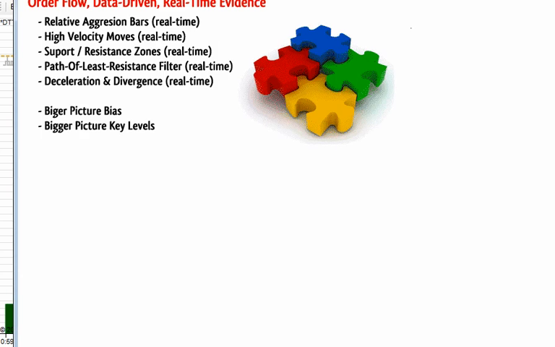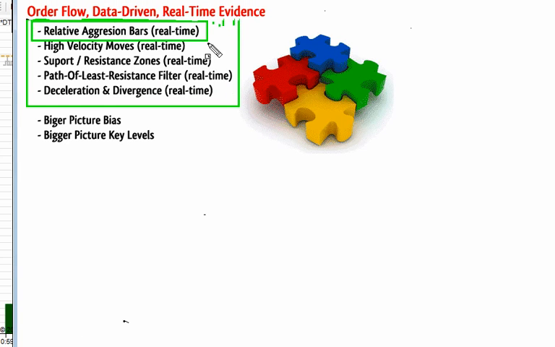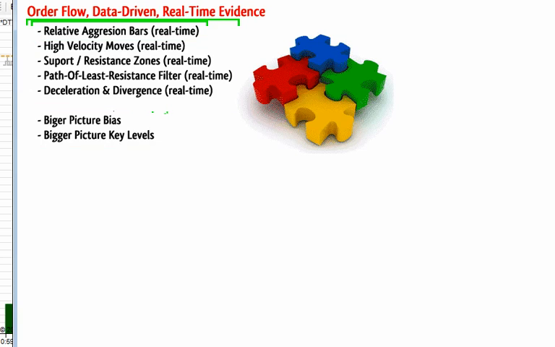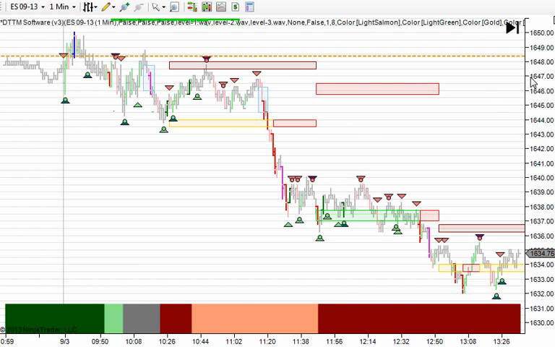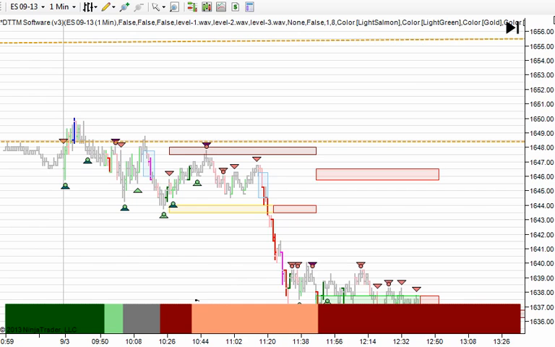As you may be familiar, we have various pieces of real-time evidence, especially focusing on what we call our relative aggression bars. Then we also like to look at the bigger picture bias and bigger picture key levels. In other words, try to put some bigger picture context into play. So heading into today, we're in a down bias. Our bigger picture bias is down,